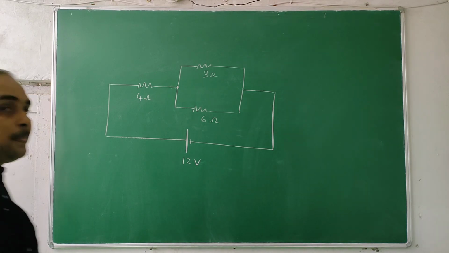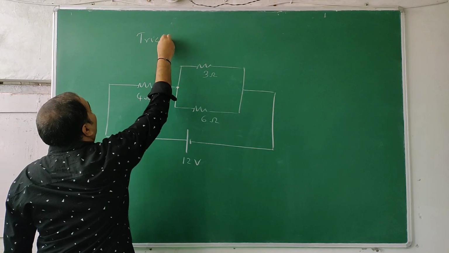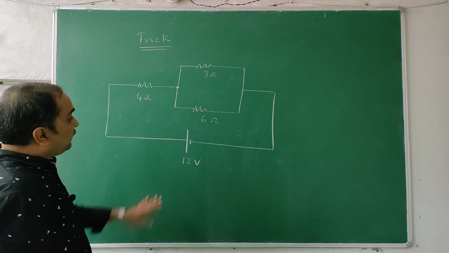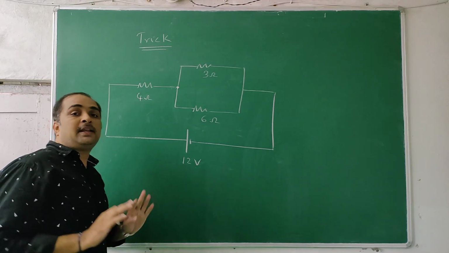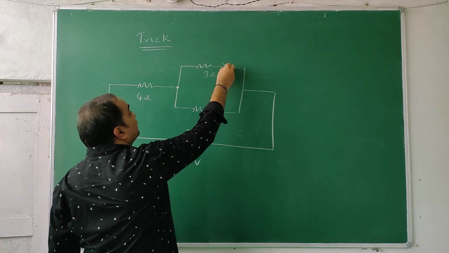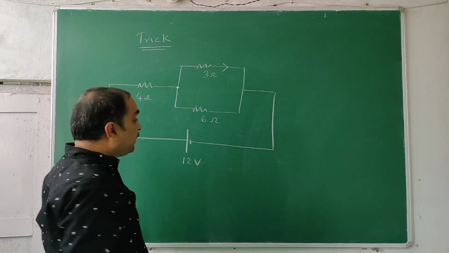Yes, students, there is another trick called the assigning potentials method. Even this can be applied at school level. For example, you have these resistances. Without finding the equivalent resistance, can I find the current in one of them? Say I want the current in this 3 ohms. I am not finding anything except the current in this. So how to find? There is a method.